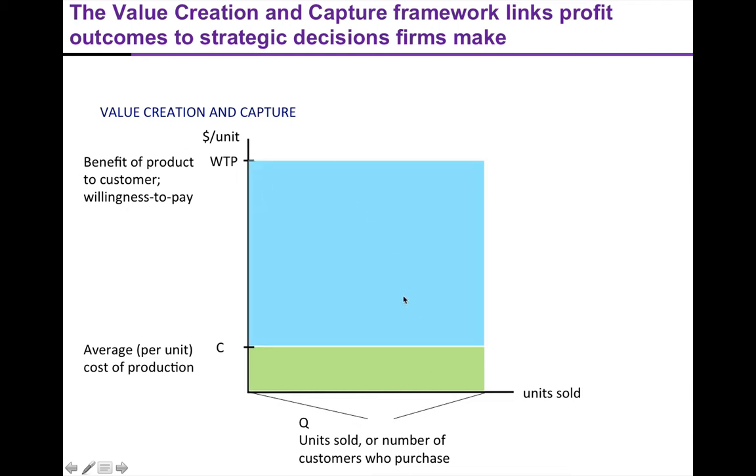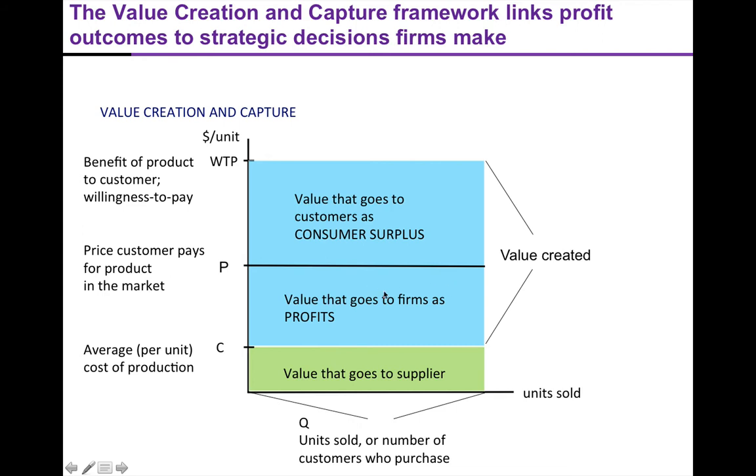So this big blue square here represents the value created by a firm. Okay. Now, how is that value divided? So this blue box is the value creation piece of it. Now we're asking about the capture piece. So somewhere between cost and willingness to pay, price is set. At that level that price is set, we split the surplus. Everything that's above that goes to the consumer as a surplus,